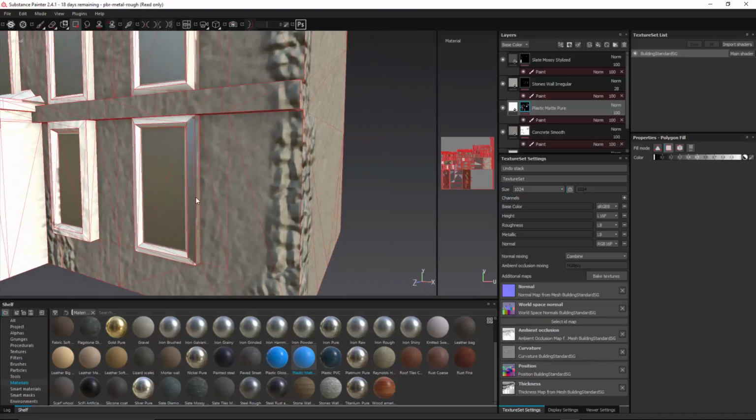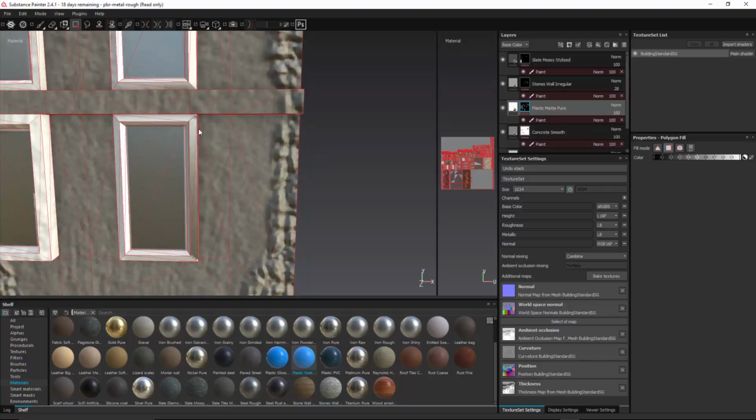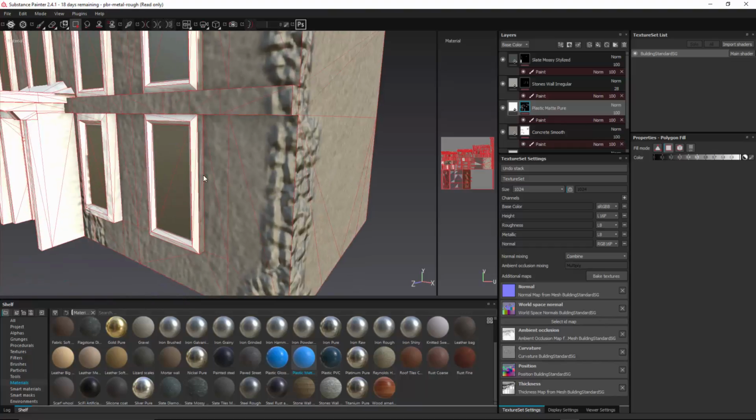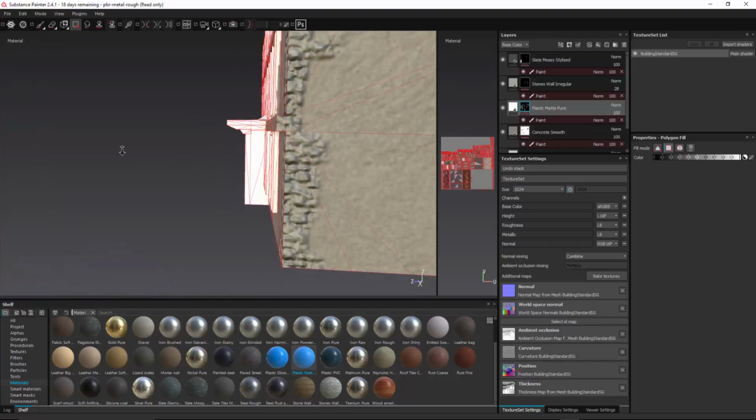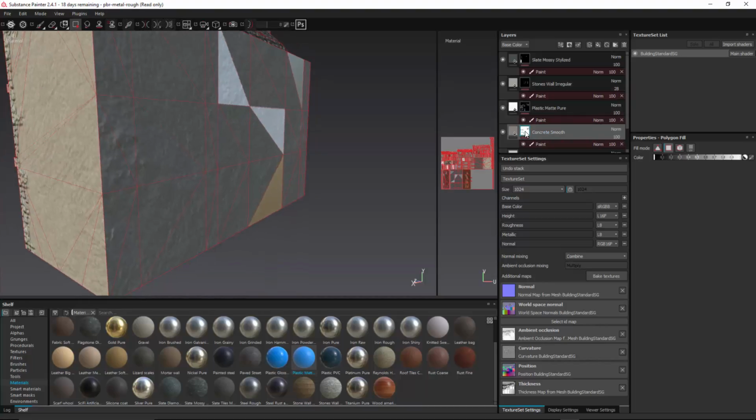So it takes some little getting used to. I found also that grabbing these corners, just by grabbing right there and range selecting like that, also does a pretty nice job. But again, you're going to inadvertently grab some stuff behind. So go back to black and just click on those guys. So these guys are not clicking away. No matter what I do, they won't mask. I can't unmask them. It might just be the fact that these, like this concrete smooth here,